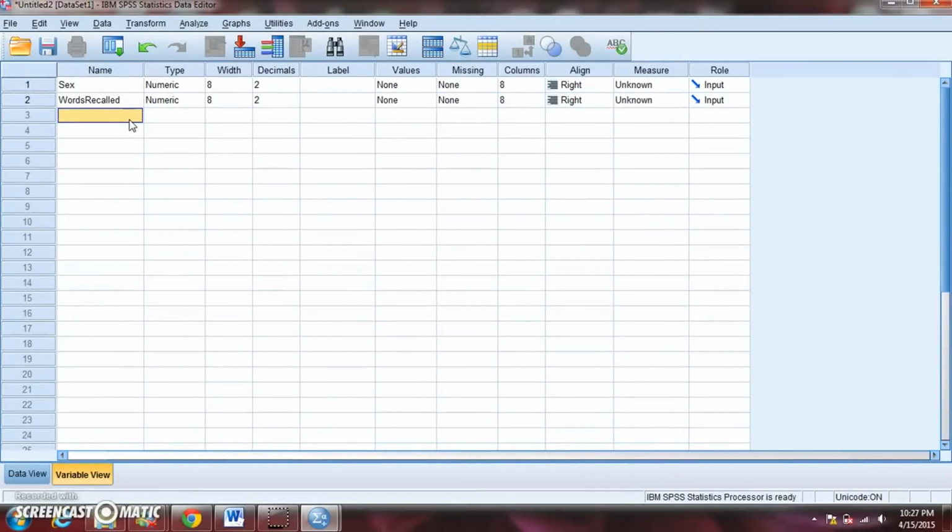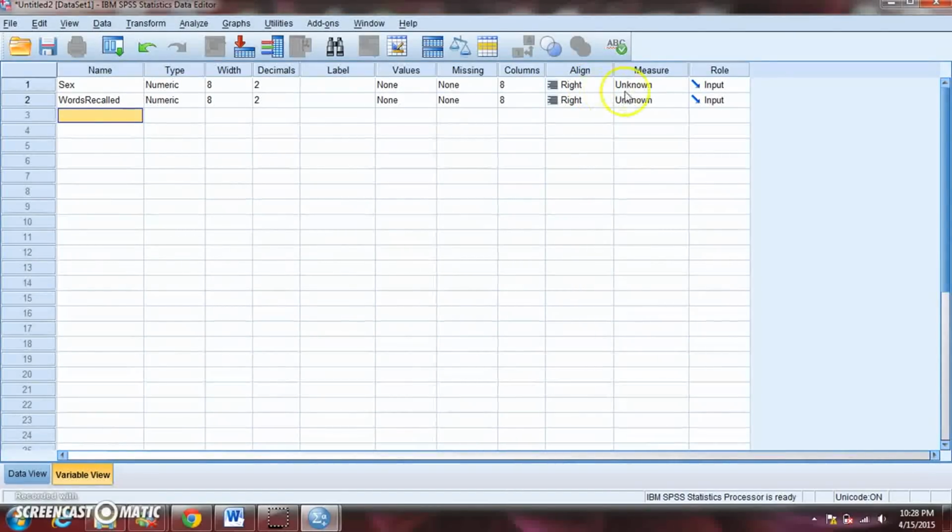Now, SPSS, when you enter in the names of these variables, will fill in these other columns, giving us kind of complete information for these two variables. A lot of what is here is going to be kind of irrelevant to us. For instance, the width and the columns are just telling us kind of how it's displayed in the data set. Whether the numbers you put in there are aligned to the right or to the left. So a lot of this is really not all that important. You can kind of play with it once you have data in here.